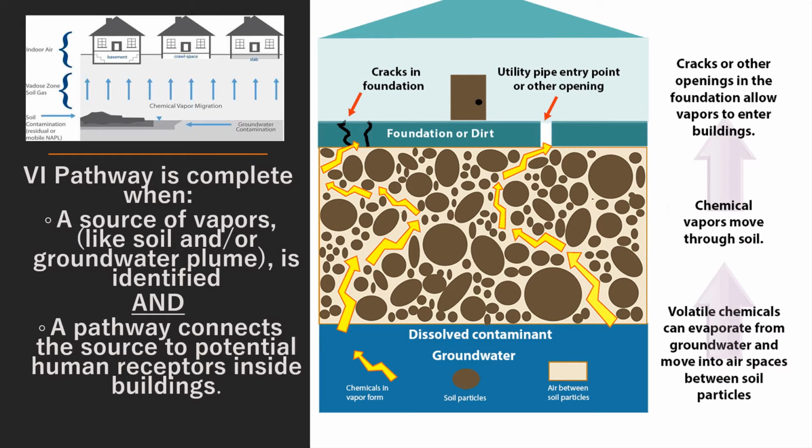Now, what we're concerned with in vapor intrusion is, do we have a source? It means a source that has a contaminant. And do we have a pathway that connects that source with human receptors? In the case of the project that I'm going to discuss with you, we had both. We had a contaminant that we knew had hazards, and we knew we could identify pathways where there were going to be exposures to the community.